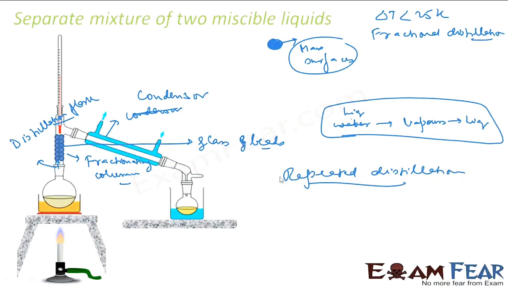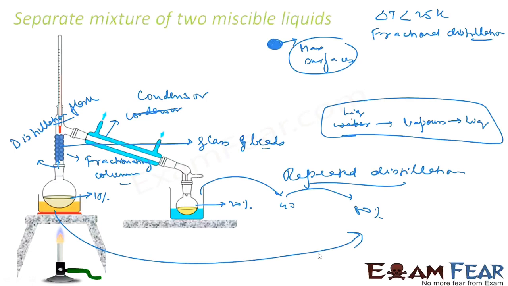For example, let's suppose this is 10% pure. After one distillation you get, let's suppose, 20% pure. The next distillation, you do the same thing again and make it 40%, and then 80% pure. So the purity doubles every time. But if you use fractional distillation, in one shot itself you make it 80% pure, because it is repeated distillation. In one step you get a more pure substance, and this is typically used if the difference in the boiling temperatures is less than 25 K.